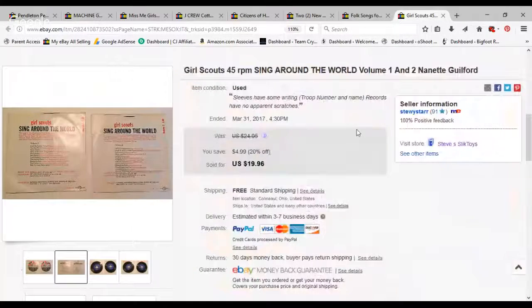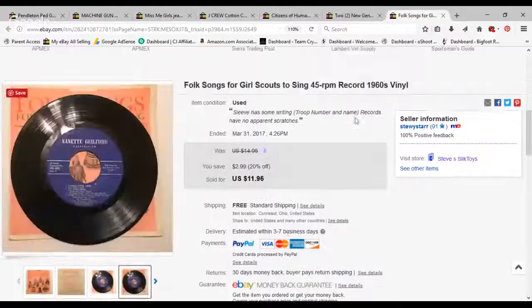So anyway, these were done in the 60s, and they sold for $20. I had them on 20% off sale. I kind of like the store, because now I can do sales and move some things that haven't moved. These sat in my store. I know they were relisted once. They sat on my eBay for a while, and once I had the store, they sat in the store for a while, and then I relisted them. After the relist and a 20% markdown after a week or two, they went out the door for $20, which is a good deal to the buyer and a good deal to me,